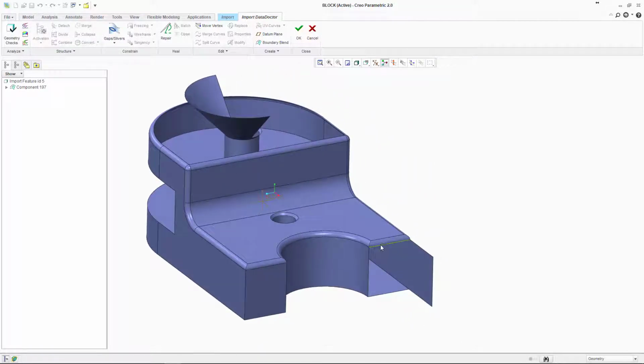So what you need to do is select the first edge at the top there, and then hold down Control and select the bottom edge. Try that again, hold down Control, make sure you have the two edges selected, and then we're going to put what's known as a boundary blend between these two edges. So here's the boundary blend tool. It's easy to find,